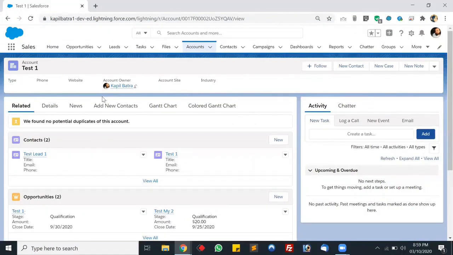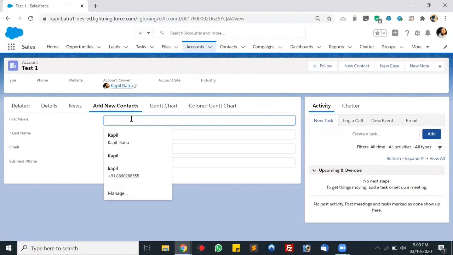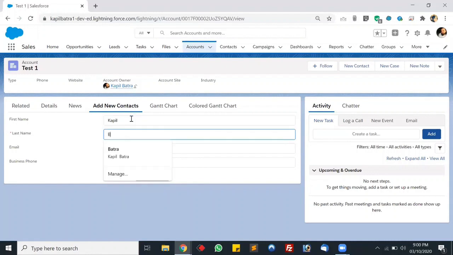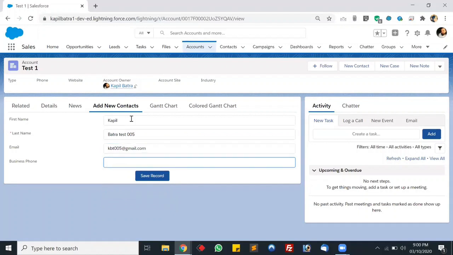Okay, so here, as you can see, guys, I have a page to add a new contact. This is not a related contact, guys. This will be a general new contact. So let's test the functionality here. Let me put some values here. Let me change the value as I have been testing it multiple times. All right, guys, so I have filled up the form.